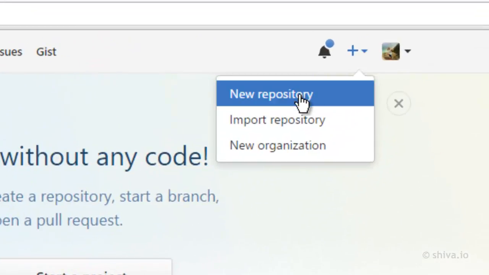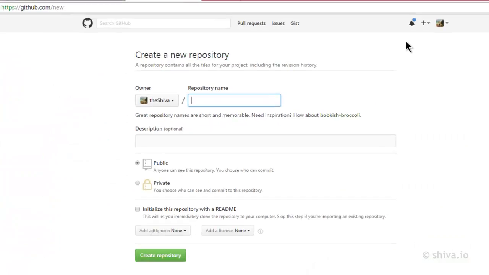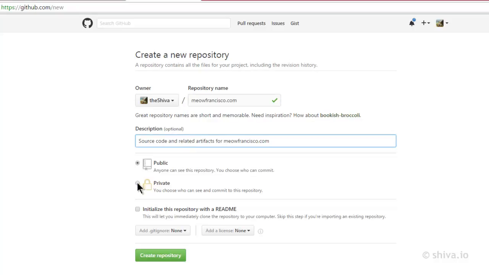Create a new repository on your GitHub, and then give it a name. So I'm going to call it the domain name, and then I'm going to make it private. And then do not include any README or license or .gitignore files for now. You can add them later once you have pushed your local repository to GitHub from your local PC. So click create repository,